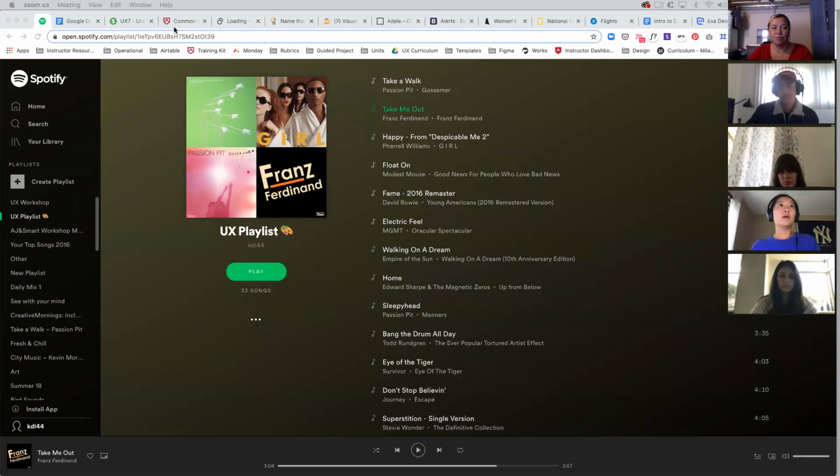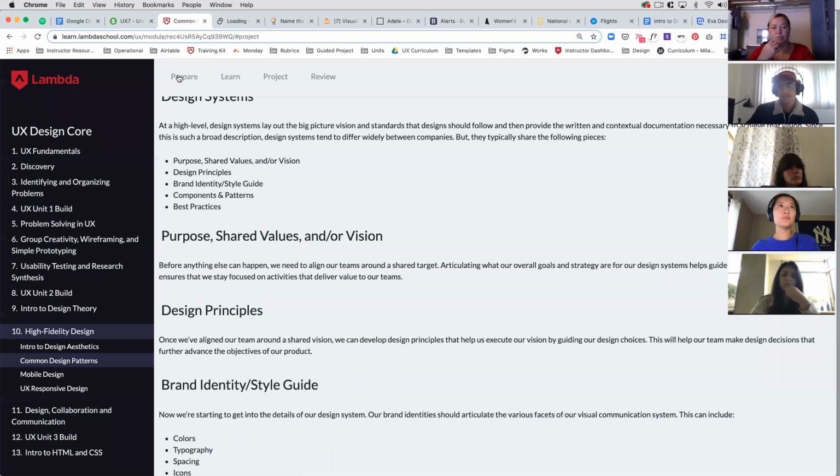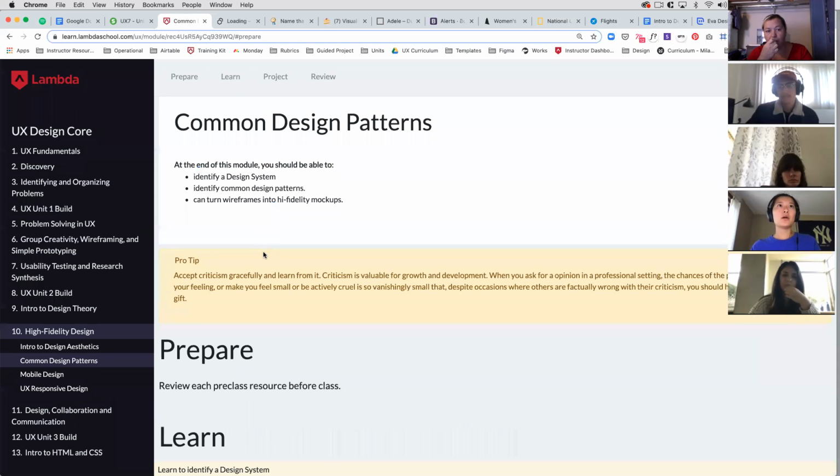Hello, everyone. So today we're going to be touching on common designs. And let me switch gears. For today's module, we are going to focus on understanding what is a design system, identifying common design patterns, and then we're also going to talk about how we can turn our wireframes into high-fidelity